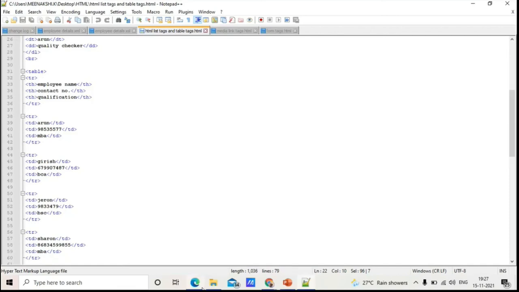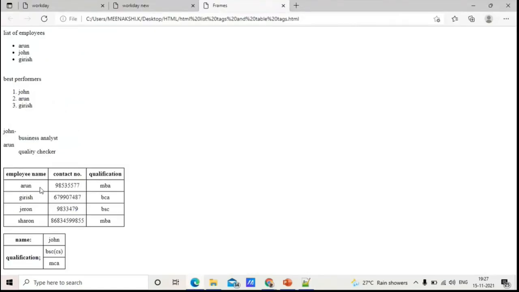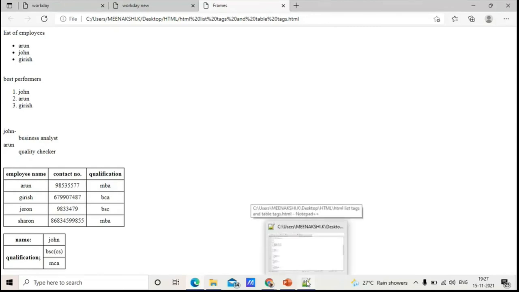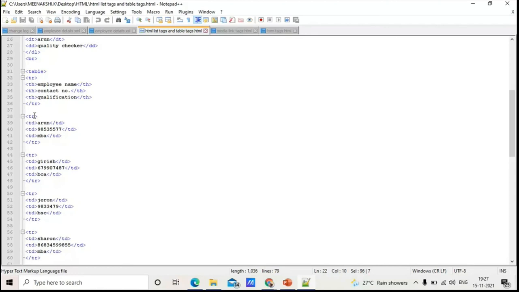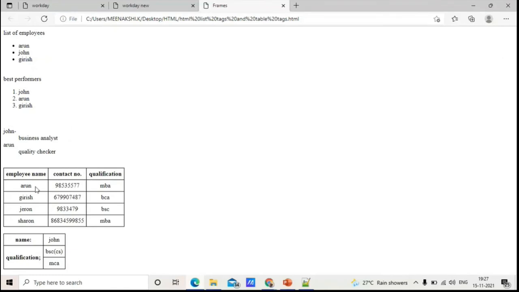Next, going to the second row: the employee name, contact number and his qualification. There is no heading in the second row, so I'm not going to give a heading. Directly I'm going to enter the data. Instead of a heading, I'm going to give the data for that second row. The data I have given is Arun with his contact number and his qualification. Close all the tags and also close the TR tag. Okay, if I do this, you can see the difference between the first row and the second row. What is the difference, guys? This is the table head, and the second one is table data. Guys, any confusion in this?